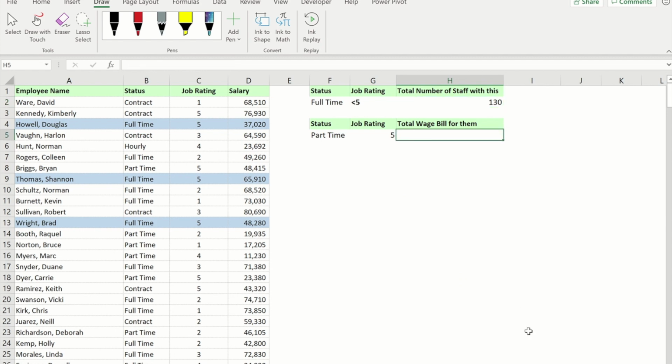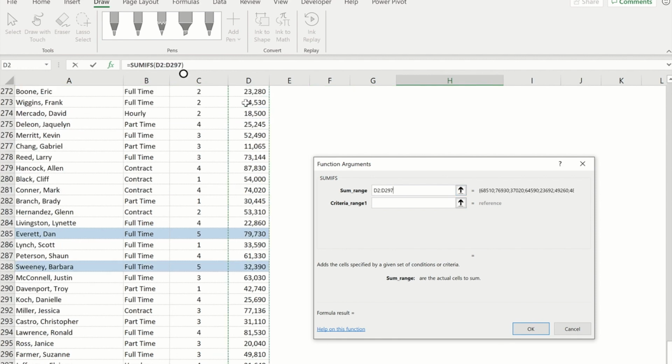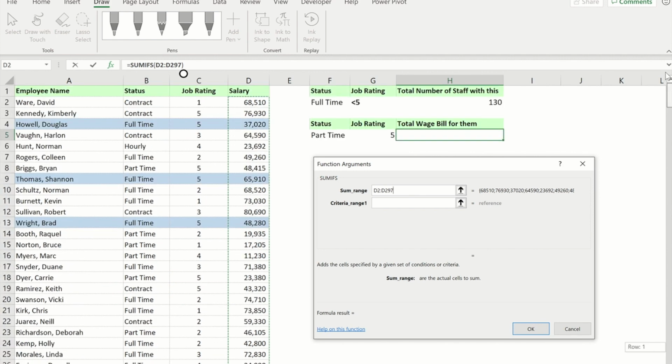With the SUMIFS, it is slightly different than a normal SUMIF in that at the beginning you have to tell it where the numbers are, which remember with the SUMIF, that was the last thing that we did when we were using words. So part 1, I highlight all of the salaries. Once I've done that, I then go and highlight my criteria range 1, which again is going to be the status